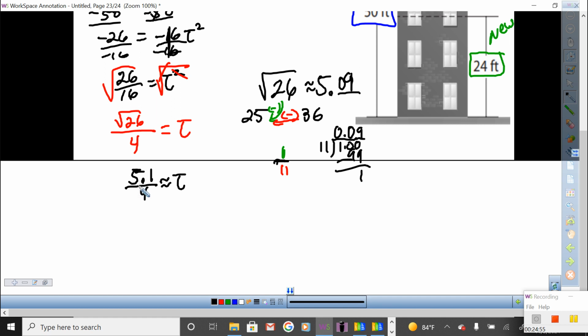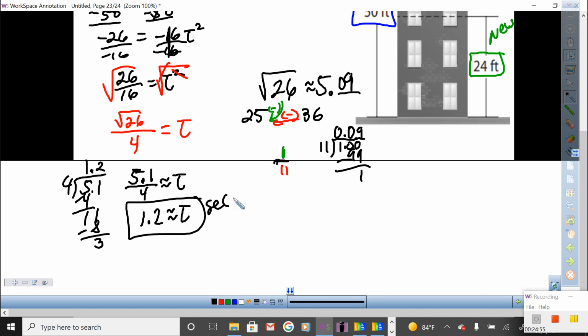Still, this doesn't make sense. What do I need to do to find out the exact seconds? Divide. 5.1 divided by 4, it's ones. Bring down the 1 twice. I'll stop right there. So this is approximately 1.2